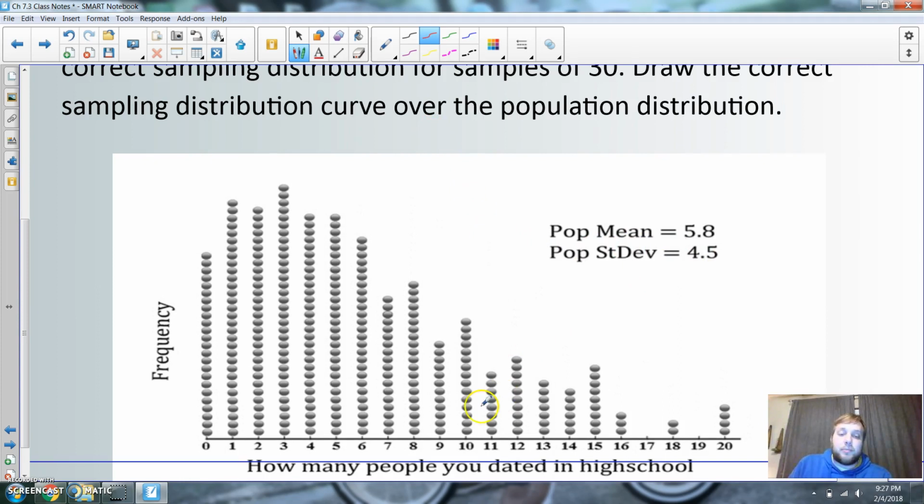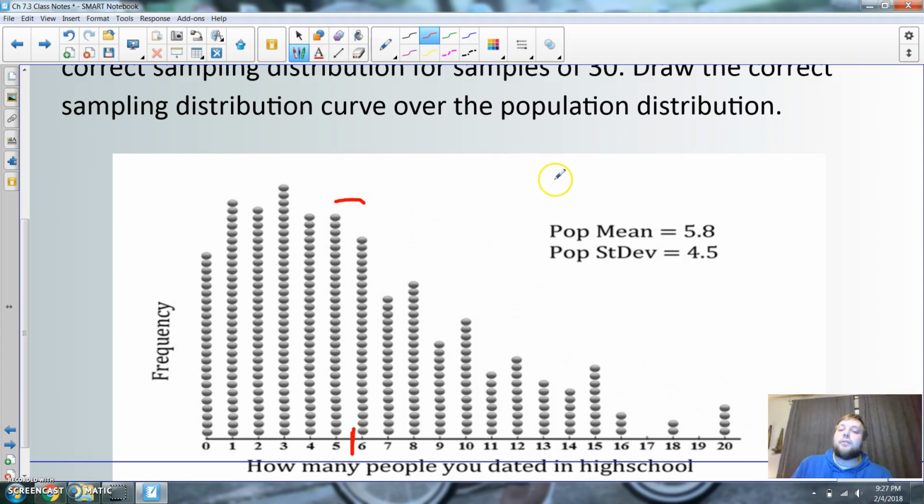Well, we know the population mean is 5.8. So if this is the population mean, that's also going to be where my sampling curve peak is going to be too, as well, right? Because we know those are the same. And let's just do this right here. Let's make this a little bit more